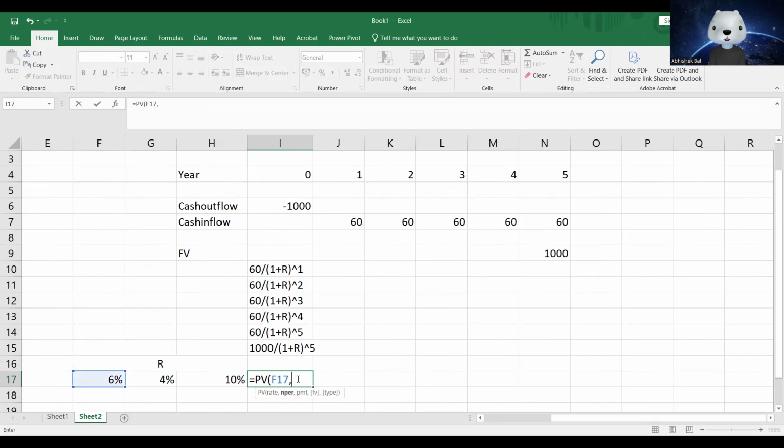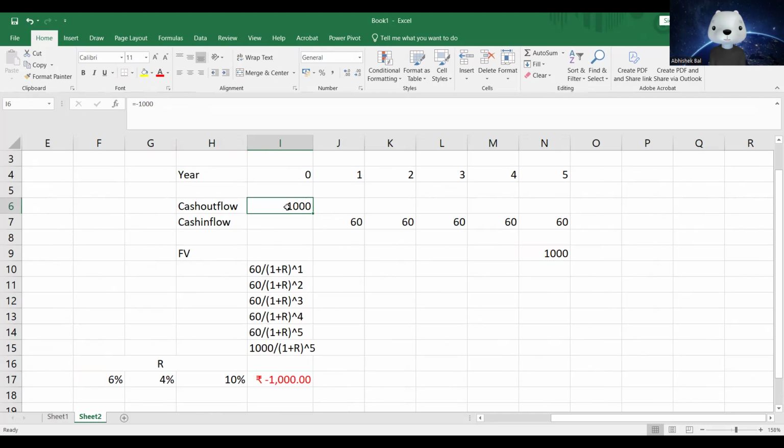How many periods we're talking about? 5 periods. What is the payment that we are getting? That is 60. And since it is common for all, we can simply write 60. We can write 60 numerically or choose any of the cells out here. And the future value, of course, is going to be 1000. Let's rewrite. Of course, this is end of period 0. All right. So you see, this becomes 1000, exactly equivalent to what you had actually invested at time t